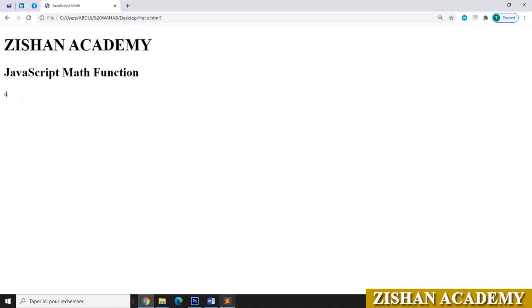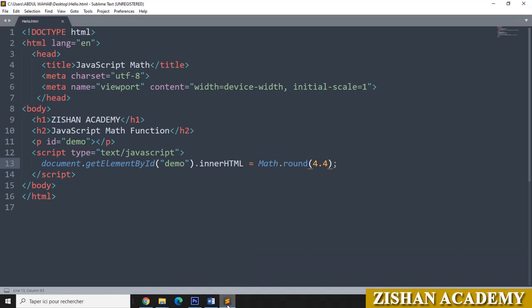I am making it a little bit bigger so that you can see easily. You can see that I got 4, it's rounded to 4. We'll go for some other function. Go to the editor. Here we will go for the pow function, power of. Here we will give 8,2.